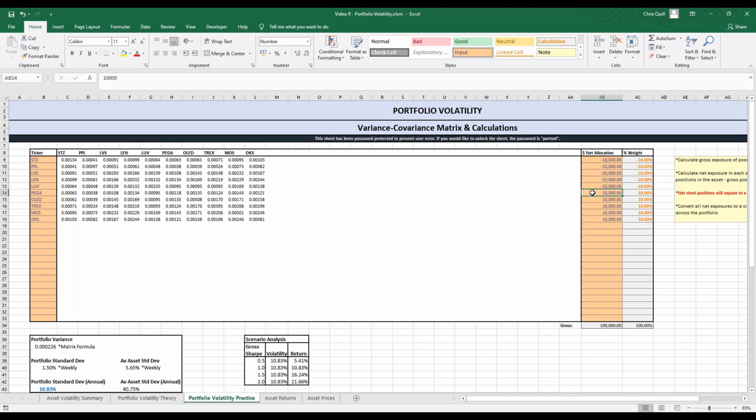And on the subject of good traders, actually, I have a little scenario analysis table in this spreadsheet, which essentially shows you what sort of return you might expect for varying levels of Sharpe ratio, given the modeled volatility that we see in the portfolio at the moment. So the gross Sharpe ratio is essentially just the annualized portfolio return divided by annualized volatility. And the higher the number, obviously, the better. So it's a risk-adjusted return measure